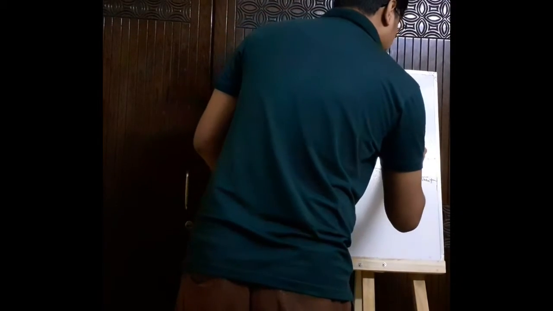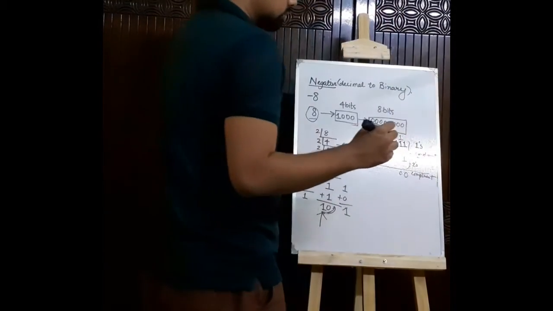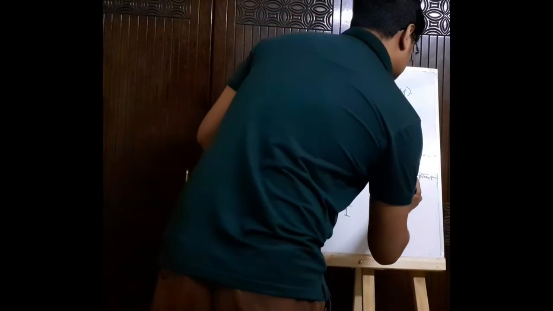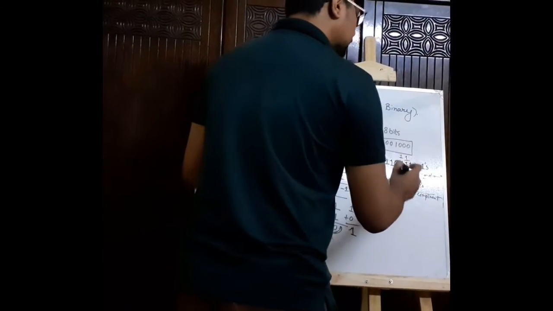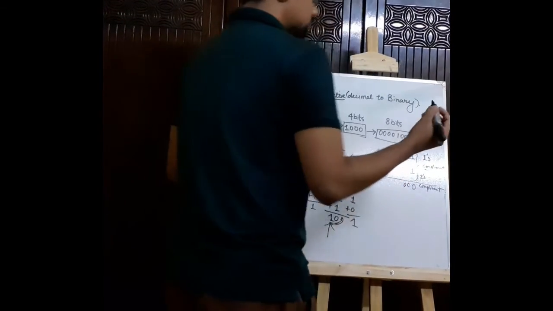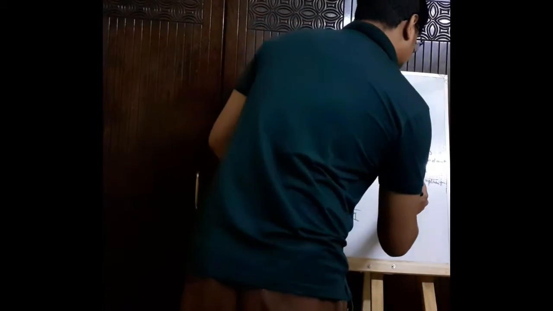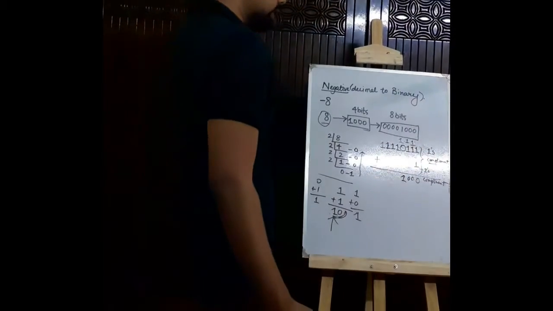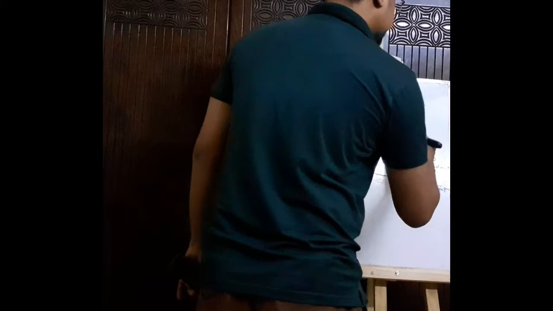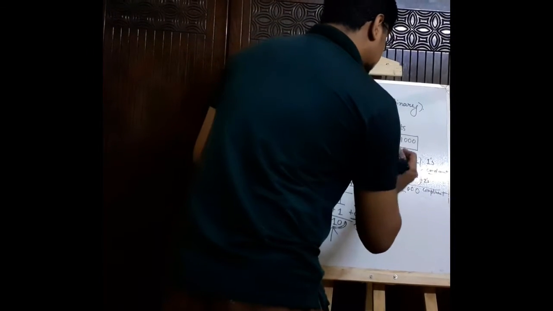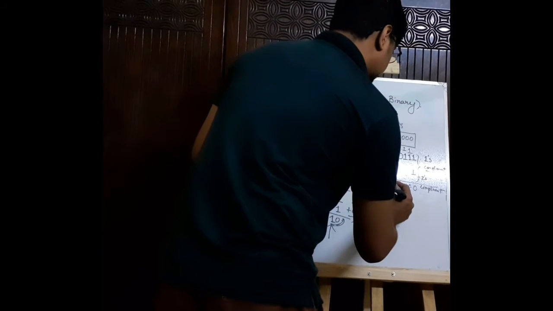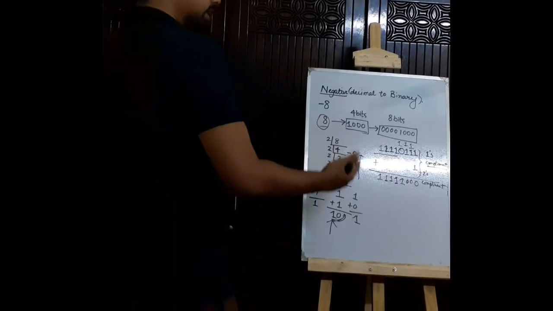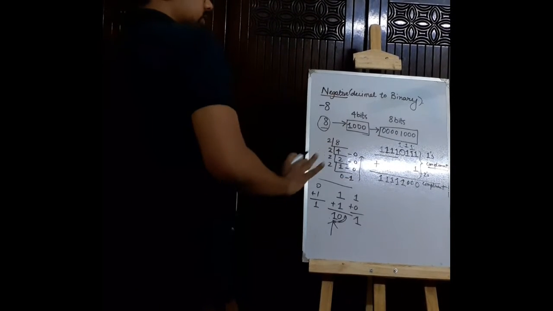right? And we have 1 carry once again that goes on top of this one. Fine. So 1 and 1 gives us 10 again, 0, and this carry bit of 10 goes on top of 0. 1 plus 0 gives us a value of 1. Fine. And then there is no carry bit at all. So this remains as it is, 1, 1, 1 and 1. So this is the final answer to our question.